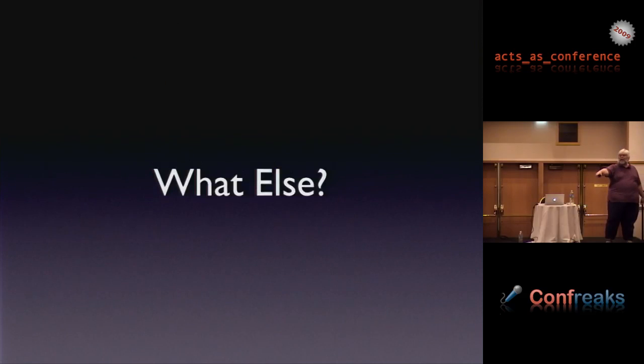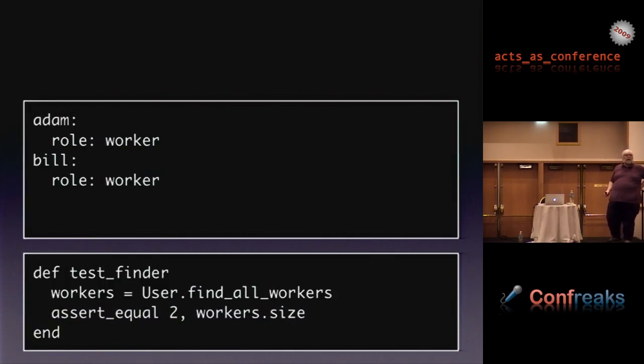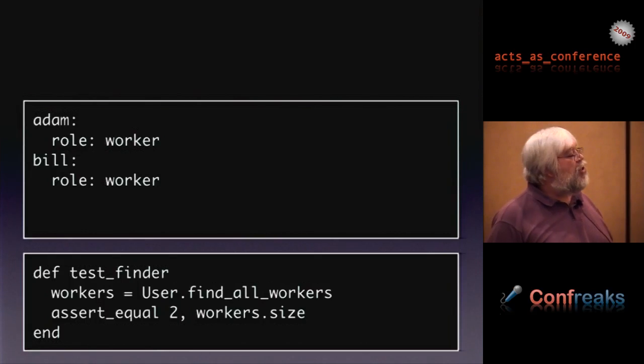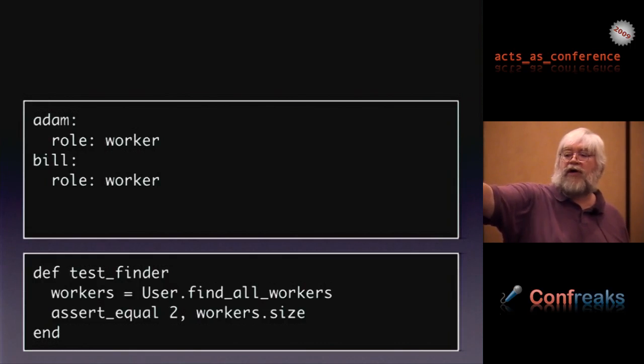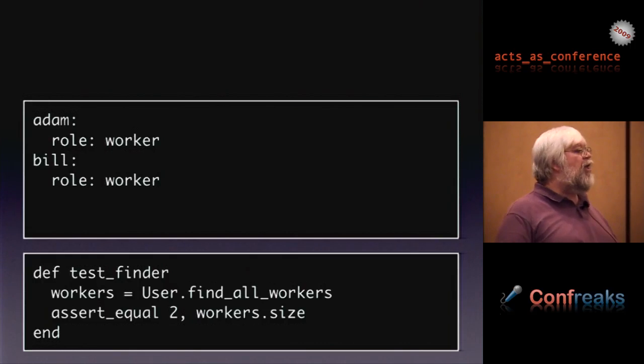And Nathaniel, you can say it again. Global data. Global data. We're still dealing with global data. And the whole idea of locality. This hits me all the time. I'm testing finders, and I want to make sure that my finder finds all the workers. So I have a special finder method that finds all the workers, and we validate it by checking the number of workers in that fixture file.